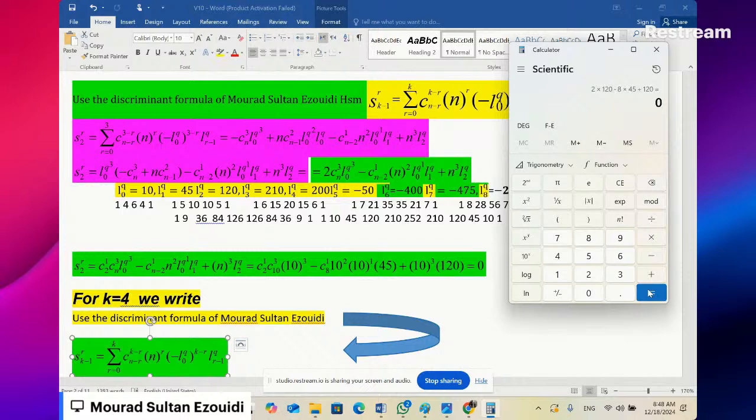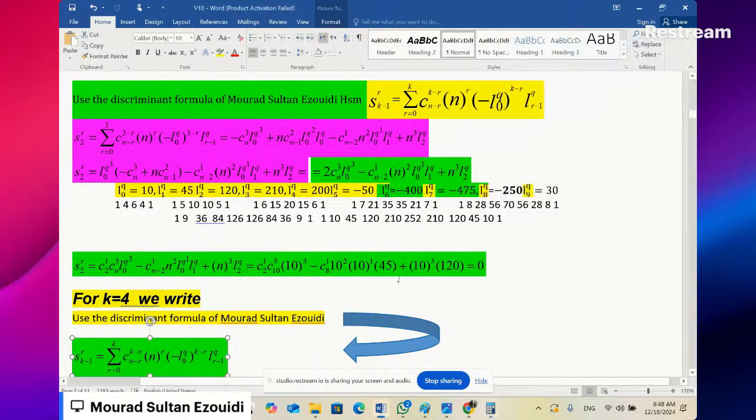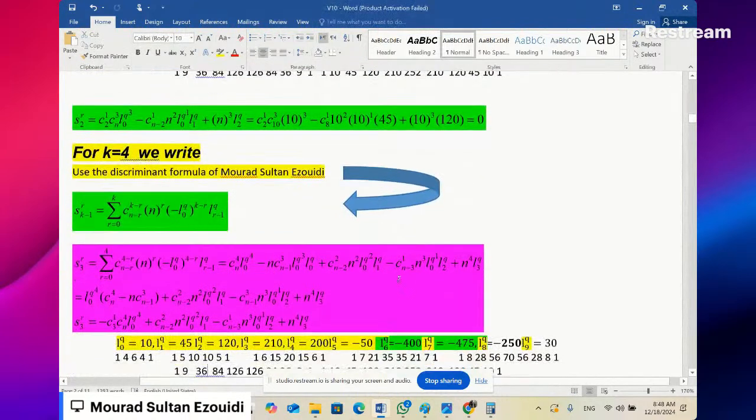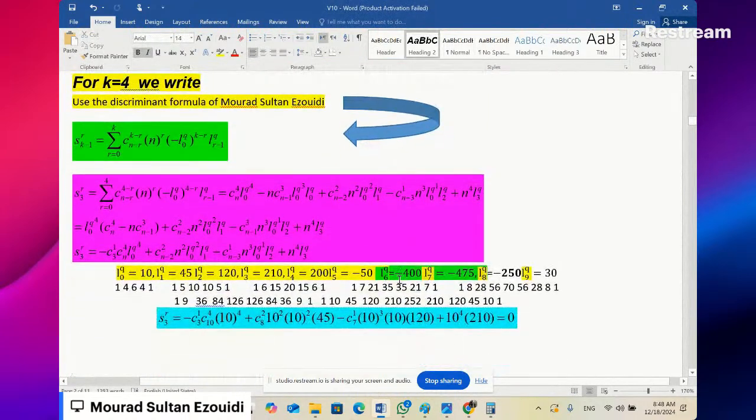You are in level B because you are not in second power, third power, fourth power, and so on, okay? So we continue, my kids. I should find now S3. To find S3, the method I will use is just to put k equal 4 in the discriminant formula of Mr. Murad Sultan. After making k equal 4, you will obtain the last formula, which is S3 equal negative combination 3